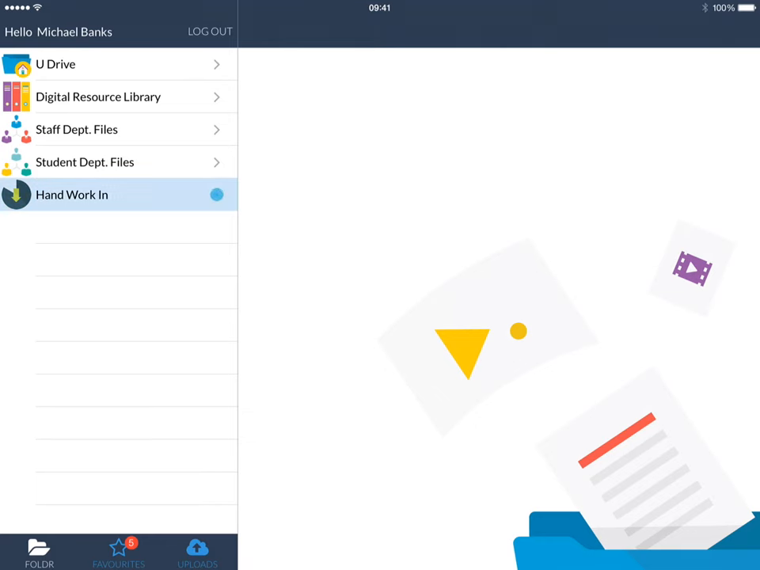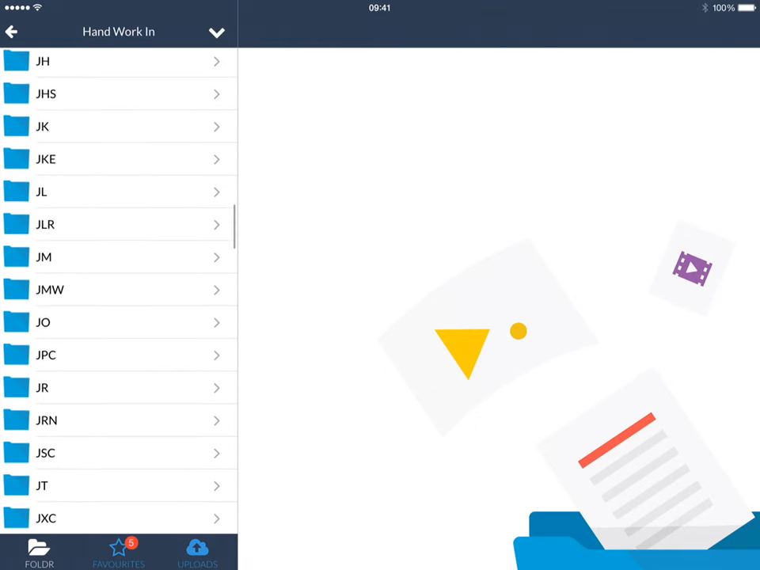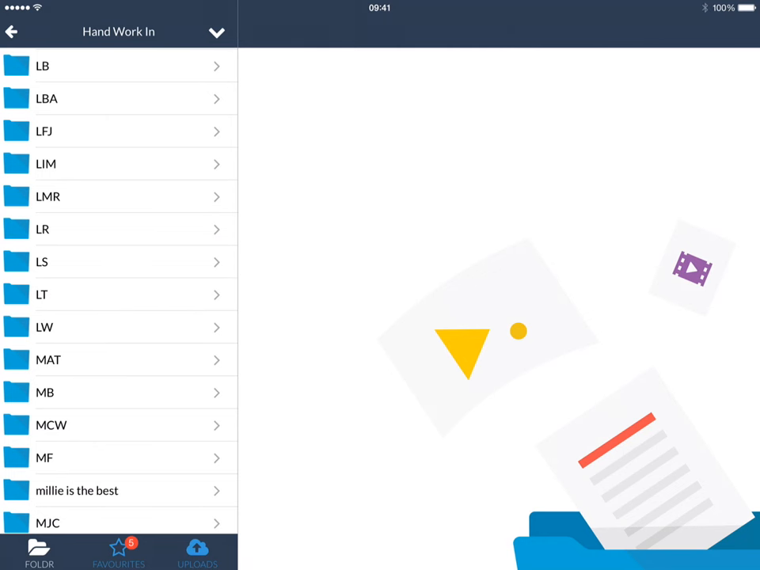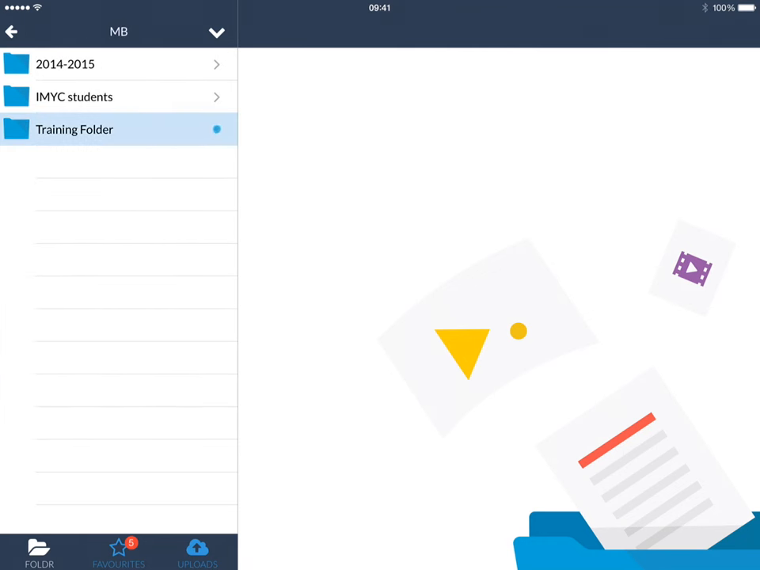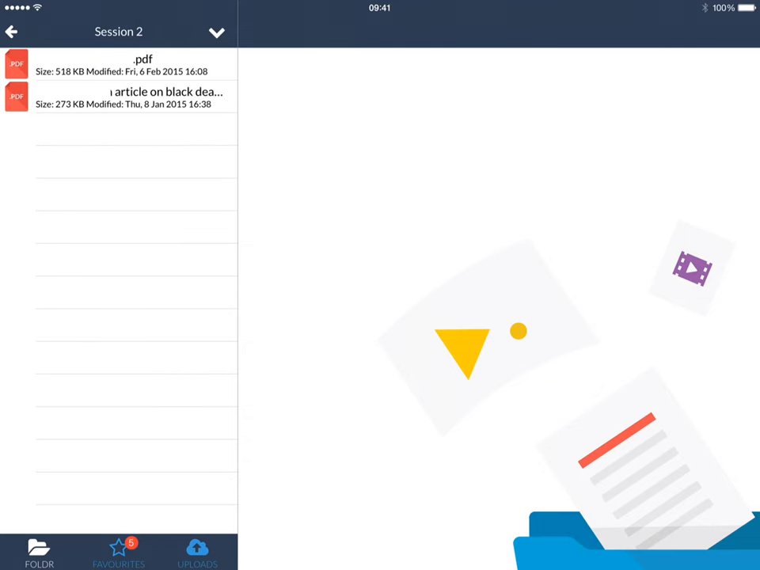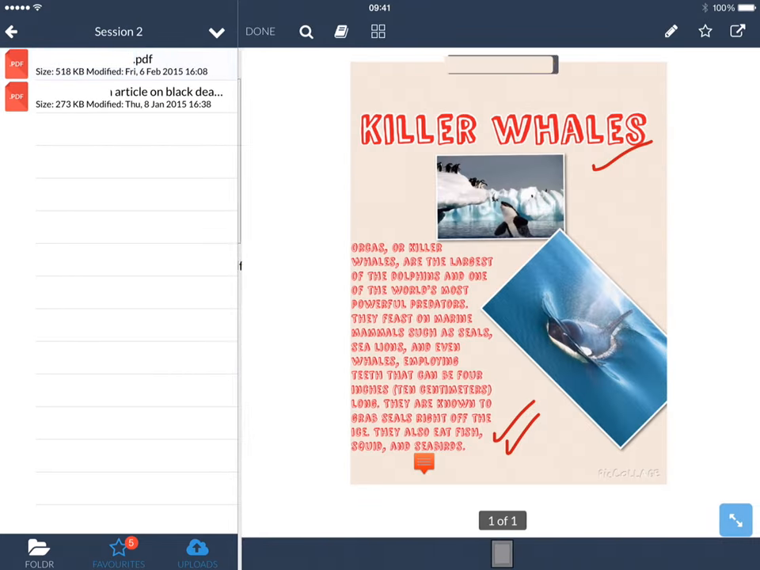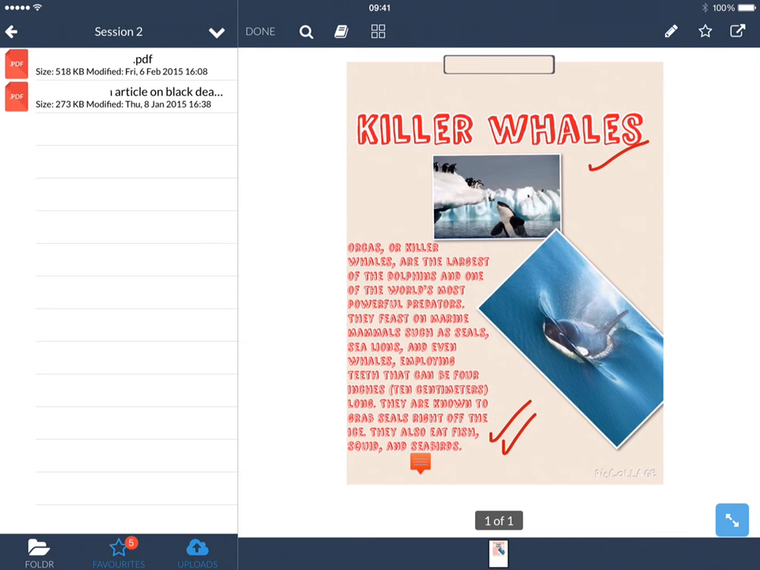Now, if I go to my hand in work area, then in there I've got a training folder and I'm going to open up session 2. And first off, I've got an example of a student's piece of work here. Now, this was a bit of work that was done on an app called PicCollage, where the student created their piece of work. They then saved the image, pasted it into a Pages document, and then uploaded the Pages document